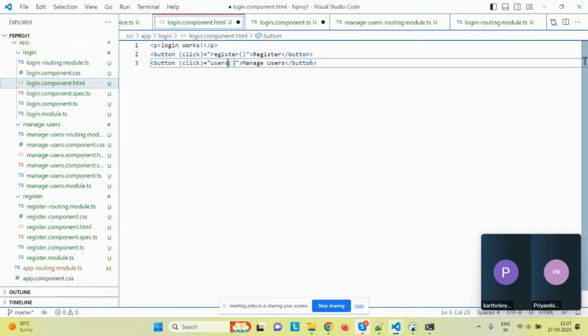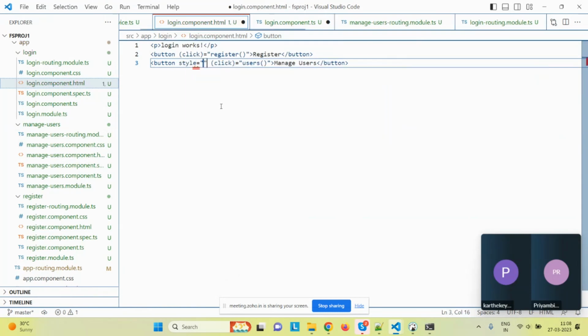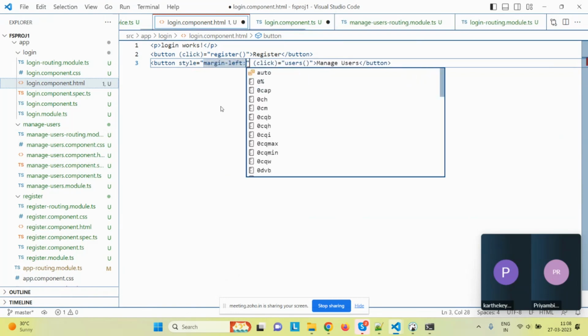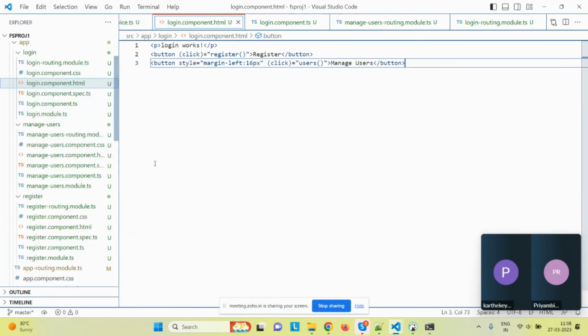I just called it in that click return. So I just use one space between the two buttons. So style, say margin left, say 16 pixel. I just give a space here for the time being. I'm not using primary or secondary because login is not covered with that. So I'm using a